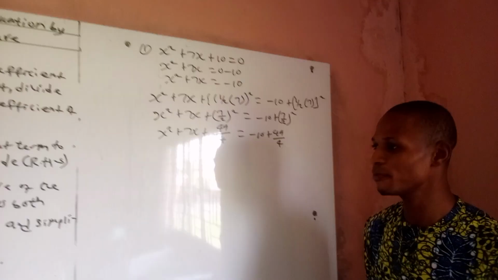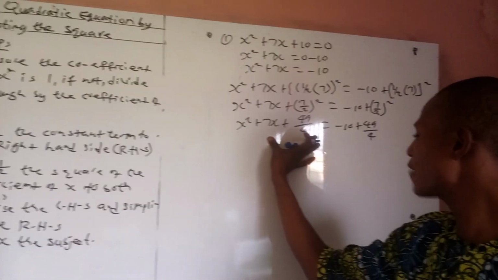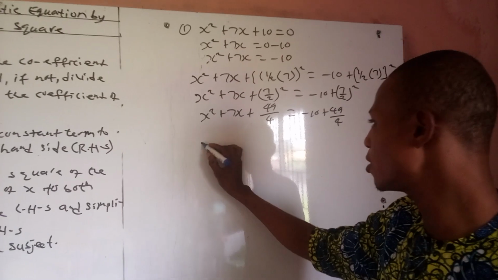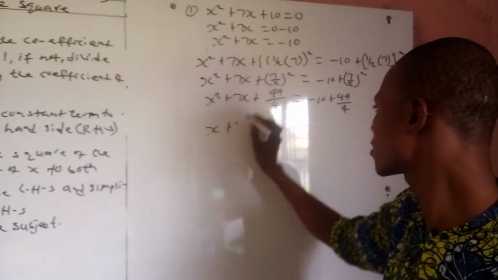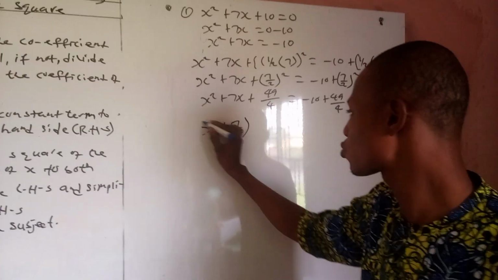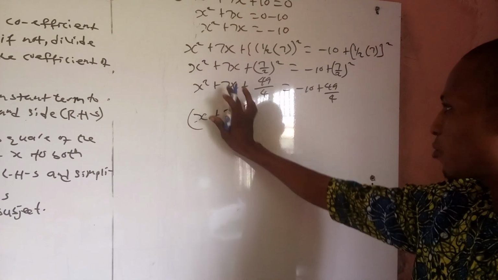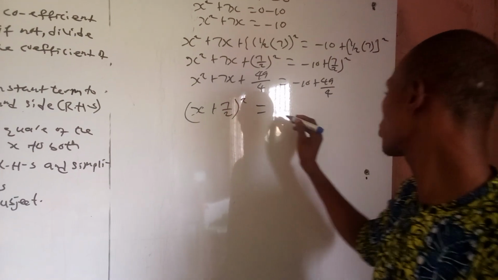So the next step is to factorize the left hand side. This left hand side is already a perfect square. So this is x plus 7 over 2, squared. If you expand the bracket, you get this. Equals, now simplify